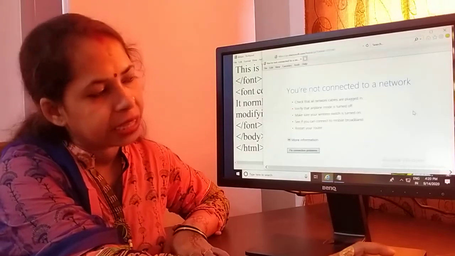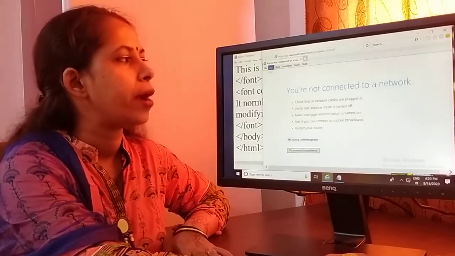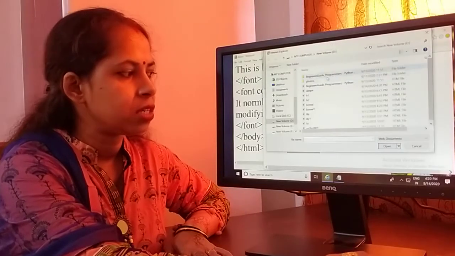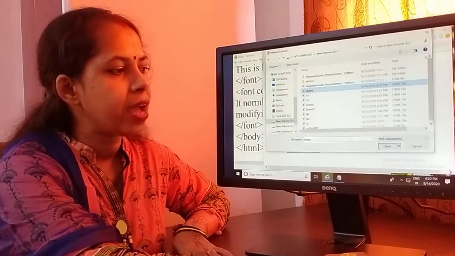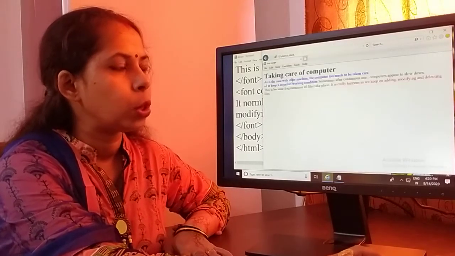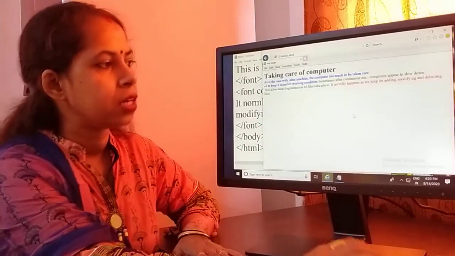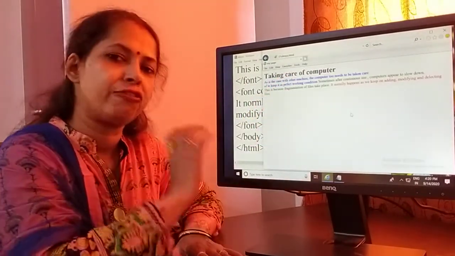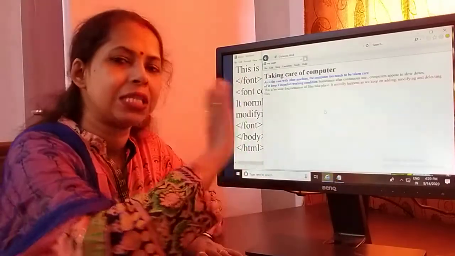After that, we will open Internet Explorer. In Internet Explorer, we go to the file menu, then open, then browse, then D drive. I have to select my file name Deepa. Then I click the open button, then OK. So this is my font output, but you have to see here, no background appears, but all sentences are coming in different colors. But I have not taken the BR tag here, that's why this line is continuous.